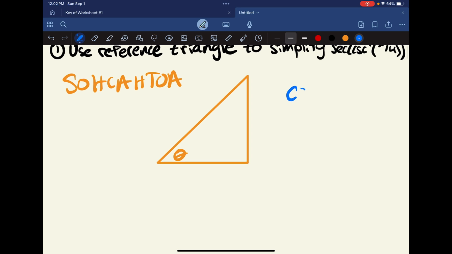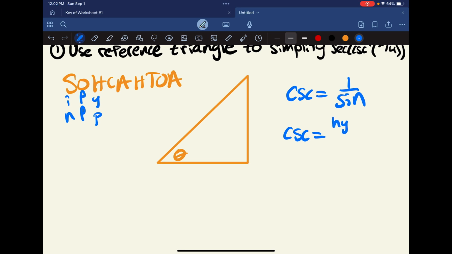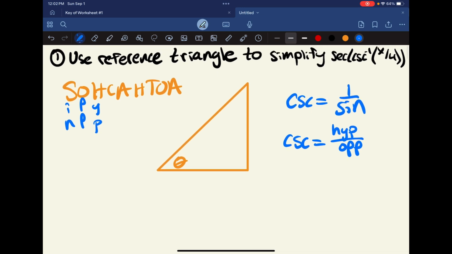So cosecant is the inverse of sine, right? And sine is opposite over hypotenuse. So if sine is opposite over hypotenuse and cosecant is the inverse of that, then cosecant must equal hypotenuse over opposite. Just the flipped version of sine, right? So that tells us that our numbers correspond like this: x corresponds to the hypotenuse, and 4 corresponds to the opposite side